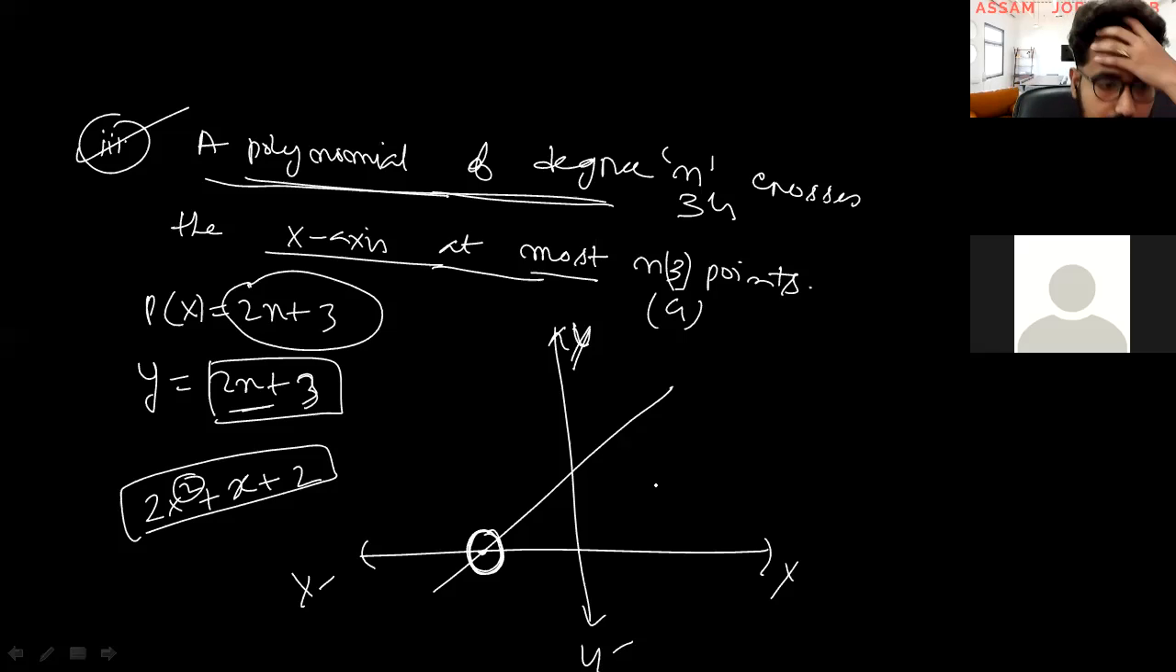All of you see page number 23 of your NCERT book. See page number 23 of your NCERT book. See the last para. The zeros of a quadratic polynomial ax square plus bx plus c,